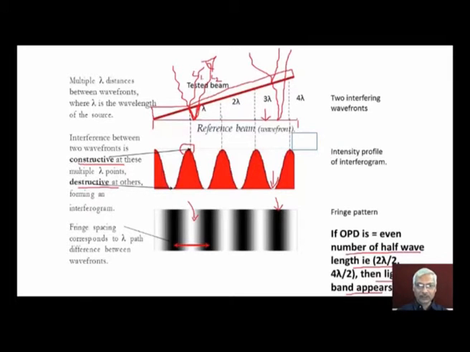So in between, again we have a monochromatic light source and reflected lights. If the path difference between the two wavefronts is equal to an even number of half wavelengths, then we get a bright spot, maximum intensity. If the optical path difference is equal to an odd number of half wavelengths, then we get a minimum intensity and a dark band appears. So like this we get a fringe pattern. This type of fringe pattern we obtain if the surface to be inspected is flat.